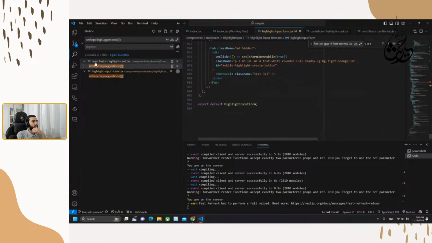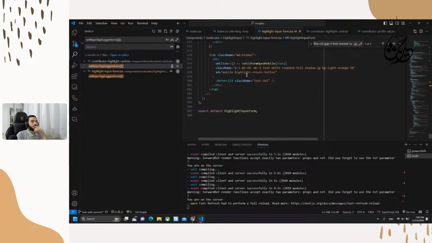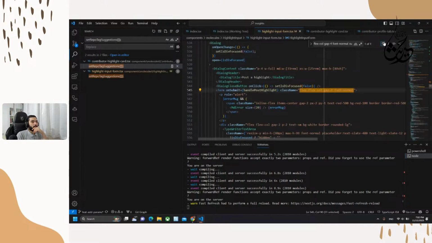Because this is the input form, so I would expect the router to work after the first render.